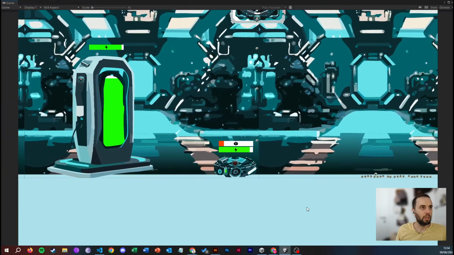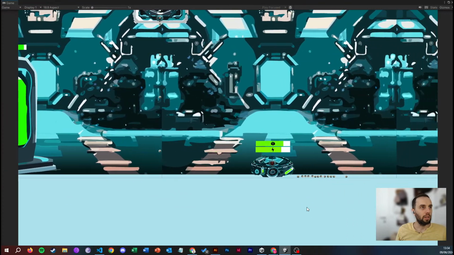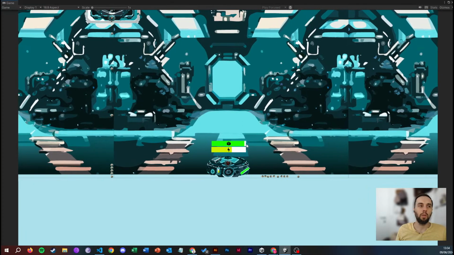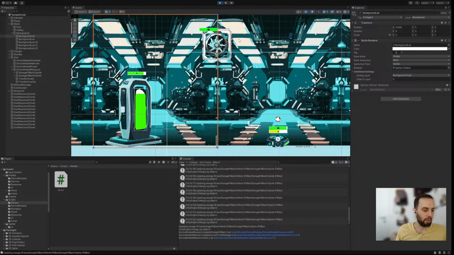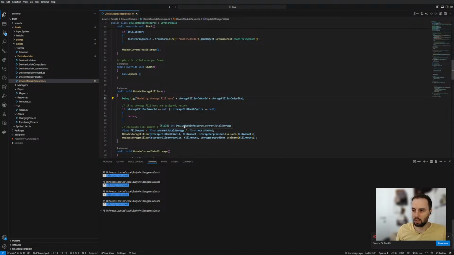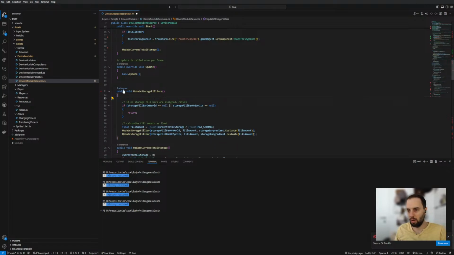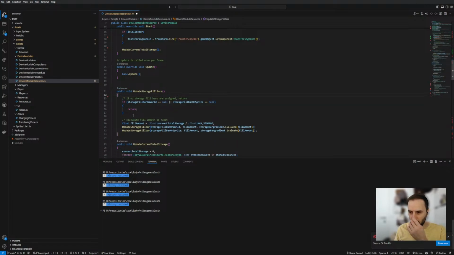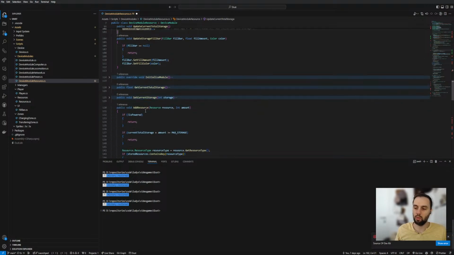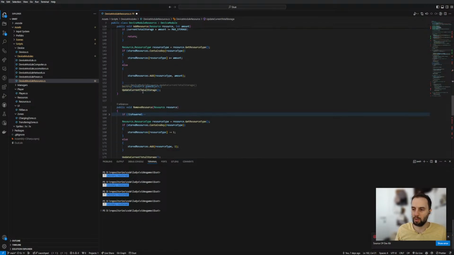Switch, scatter. All right, so one thing that's happening here is I can't seem to fill the bar completely. That's one small bug, and currently I'm not seeing any errors being thrown. Updating storage, let's quickly check that. Storage fill bar. So I don't know why suddenly we don't have that issue anymore from last time, because I had disabled it. So last time, to quickly make things work, I had just commented out this part